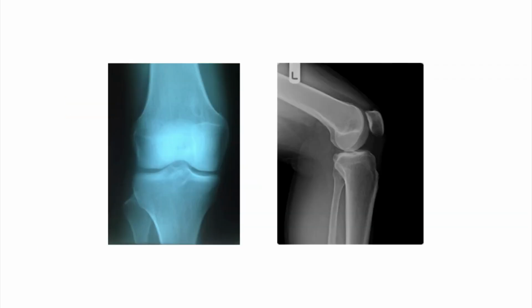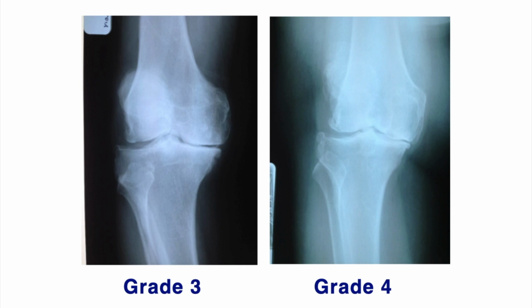Here's an example of an x-ray of a normal knee. You'll notice the presence of a nice, healthy joint space on both the inside and outside aspects of the joint, along with nice alignment of the thigh bone and the shin bone. Contrast that healthy joint to a grade 3 and a grade 4 joint, and you can clearly see the differences. You can see the significant reduction in joint space, the presence of large bone spurs, and the inside shift of